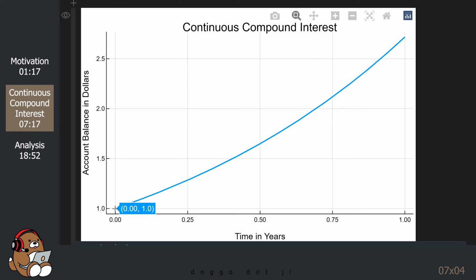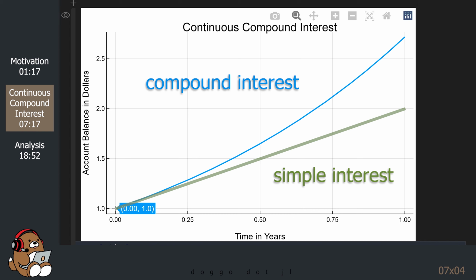At first, the account balance grows slowly due to the infinitely small interest payments. You can imagine a straight line going from time 0 to time 1, with the bank balance going from $1 to $2. But as time goes on, the account balance grows more rapidly, since the account is earning interest on interest. It takes about 70% of the year for the account balance to increase by $1. But then it shoots up another 72 cents in the last 30% of the year.